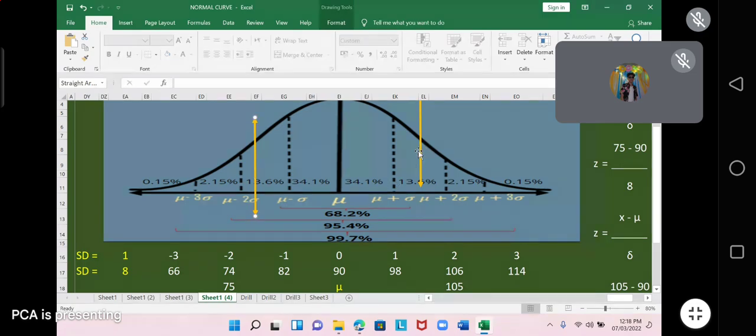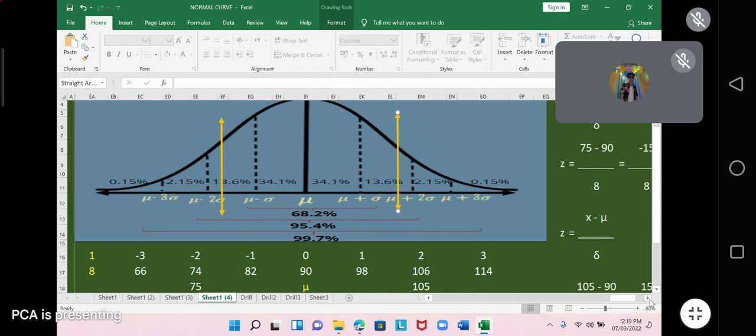Okay, 1.88 would be there. Okay, negative 1.88 and a positive 1.88. Negative 1.88 and 1.88. This is the area that we're talking about, no? In between the negative 1.88 and the positive 1.88. Okay, so we need to have the area of this one, no? Okay, from here to there, this one is the area. From here to 1.88, the area is